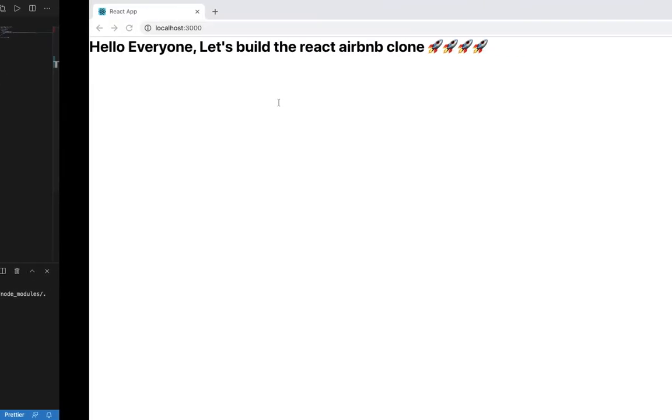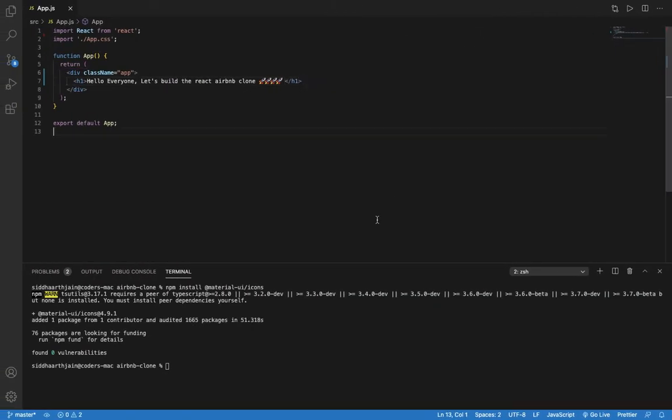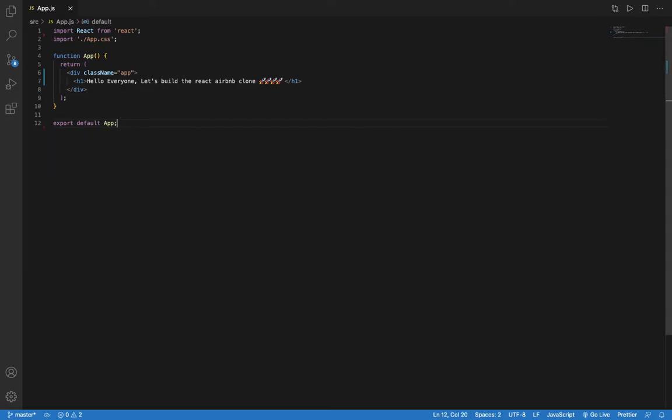Let's go here, and if you are able to see this, then all the processes that we did are perfectly correct, and this has also been installed. Now close the terminal, and let's start our coding. So first, inside App.js,